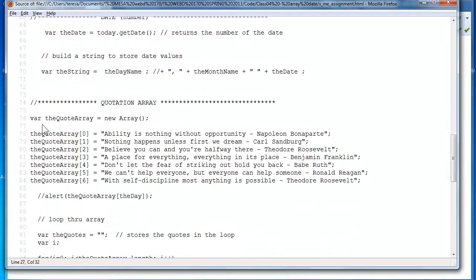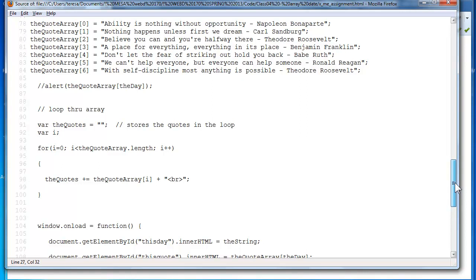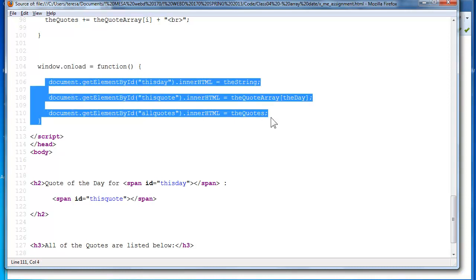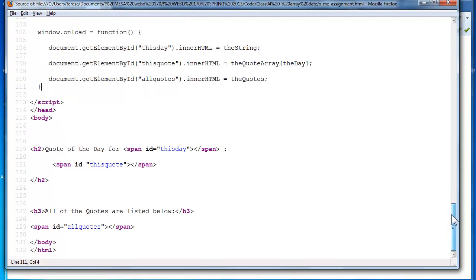Here is my quotes. My quotes are stored in an array. I will be looping. Now, when we actually write to the page, we will be using the document object model. So here we have our onload event of the window object calling our anonymous function. I will have several statements in here using the document object model. Inside the body, I will essentially have my HTML code and my placeholders for identifying where the output of the